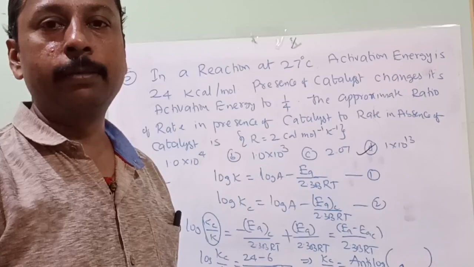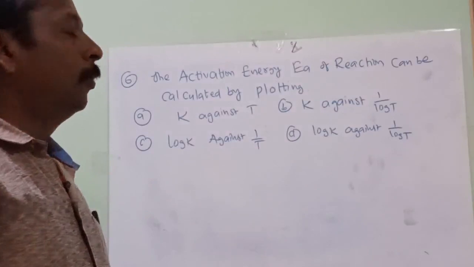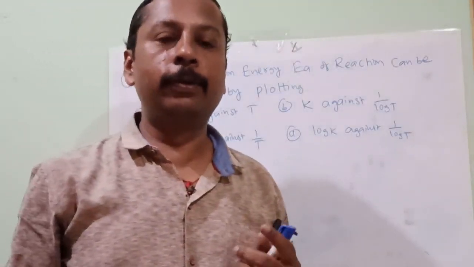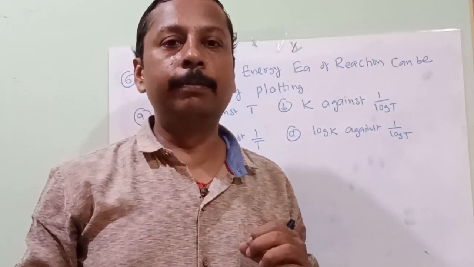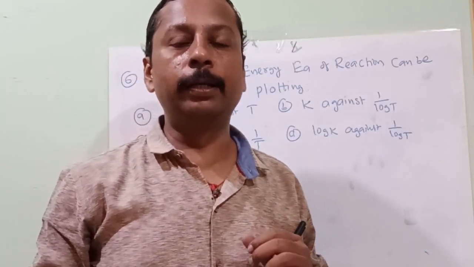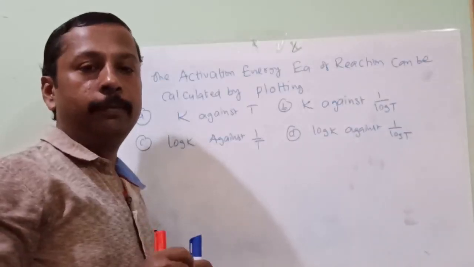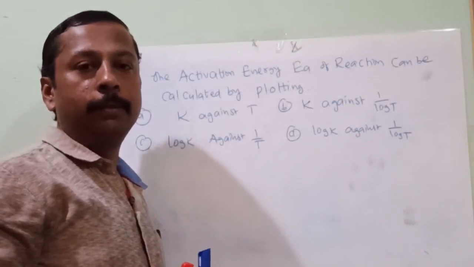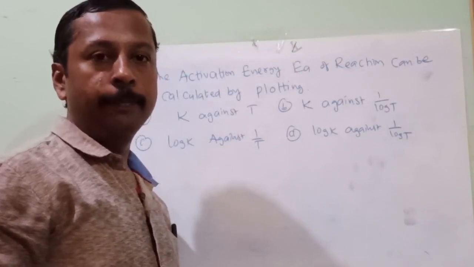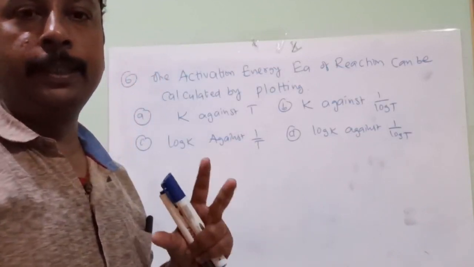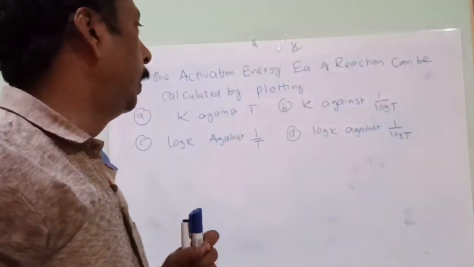Let's go for the next question. Now only one type of question was left, and that question is here. What is the type of question? Combining the question with the related graph. I am trying to complete all models of questions on a topic by giving you the very important questions. So all these 6 questions, the 6 pack, is going to give you a good score. Let's start with this question.